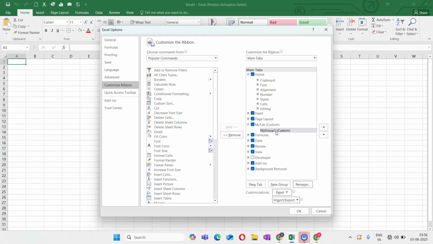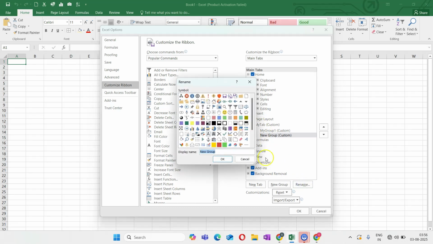If I want to add more groups to it, what am I going to do? I'll go to My tab, click on New Group. When I click on My tab and add a new group, it adds a group to my tab itself. Again, the process remains the same. You can go here, give it a name, and then select an icon. So I have just given the name My Group 2, and now I'm going to select an icon for